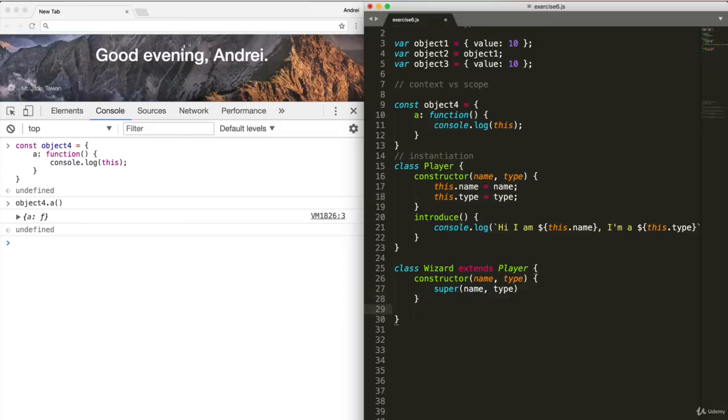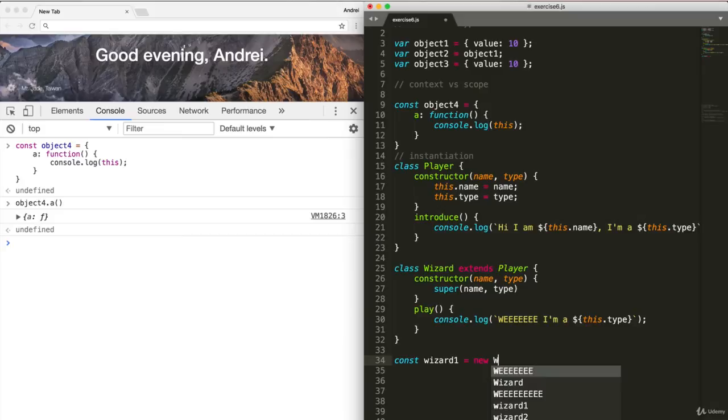Okay, so let's say that with the wizard, we also want to have a play function. And the play function will just console.log "I'm a this.type". And now that we have our wizard, what's the power? What's the reason that we just did this? Now we can do this. Instead of constantly creating players and then saying that they are wizards and they can play, now I can say wizard1